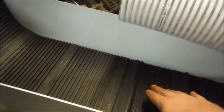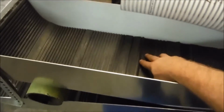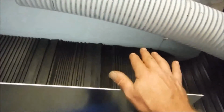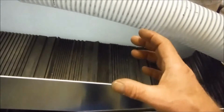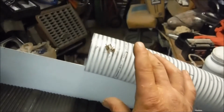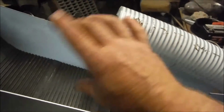Probably going to be somewhere right here at the end of this piece of full cut river hog, somewhere around there. So we don't have a lot of big rocks on that beach. I mean, there's not very many. Most of the rocks, they ain't no big 4-inch rocks, so that's why I'm not worried about it. Most of this, since 4-inch material, 4-inch hose, 4-inch intake, it should be able to come down